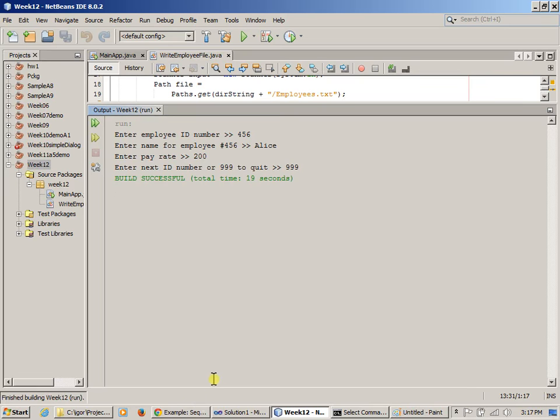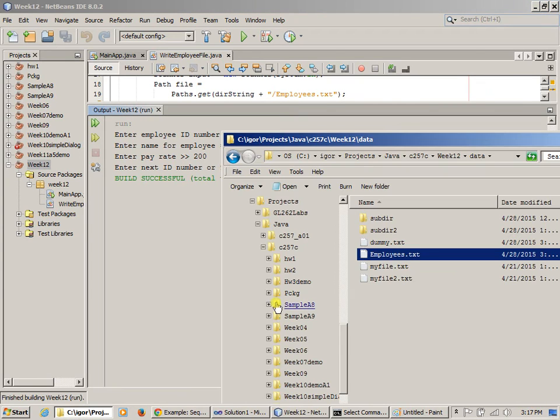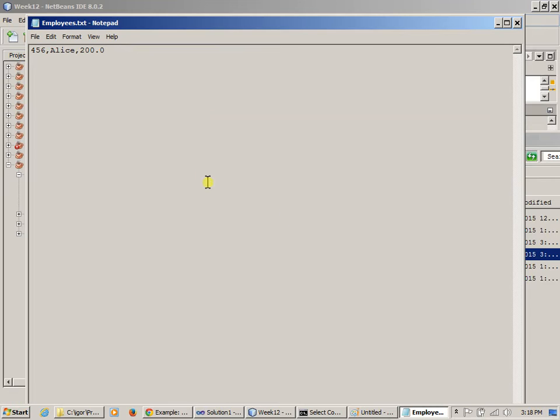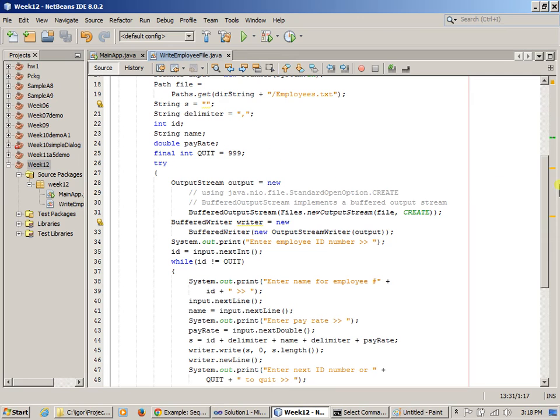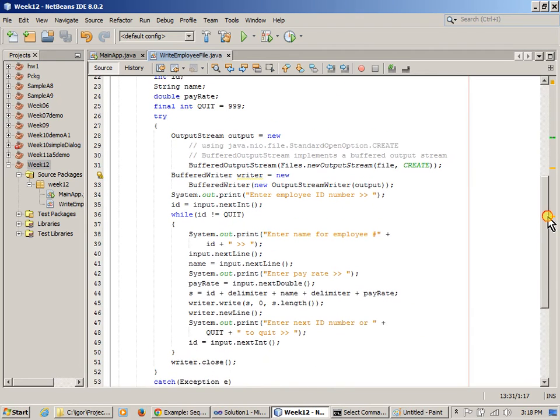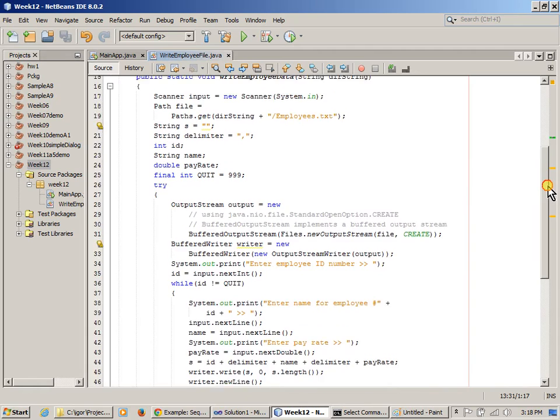All right, and the pay rate is $200, and quit. Right, so let's take another look at this file. So what just happened there is that Alice, like I said, is replacing the original record. So this really doesn't have any code for appending the information, but nevertheless, what happens here is that what we're